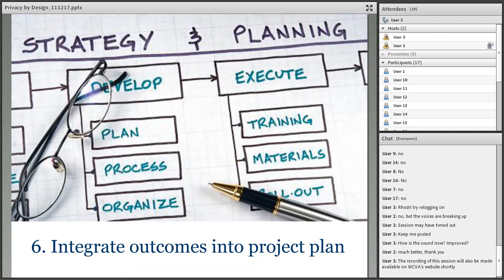Note that there's an additional step, which may be to consult with internal and external stakeholders throughout the process. This step might ensure that your charity has a clearer grasp of the privacy issues that the project might come across.